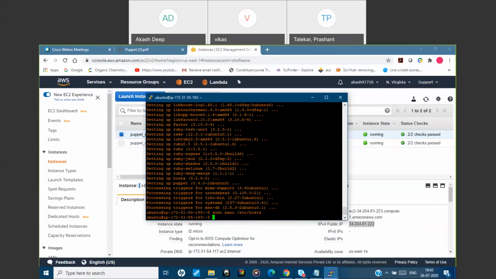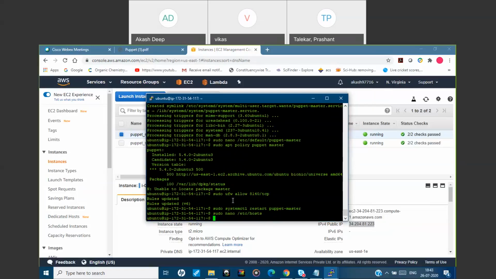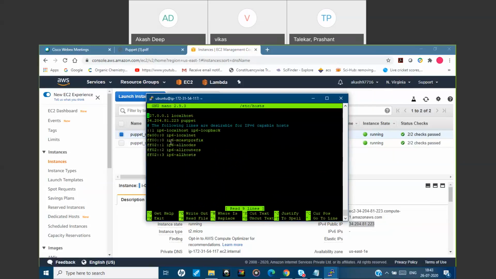And why we had specified it here: because if you see, only localhost is there, right? If you are doing the same thing on local, you don't need to do that. But here we are not on localhost. We are on the public internet, right? So that's why we have to specify it like this here for the master also.